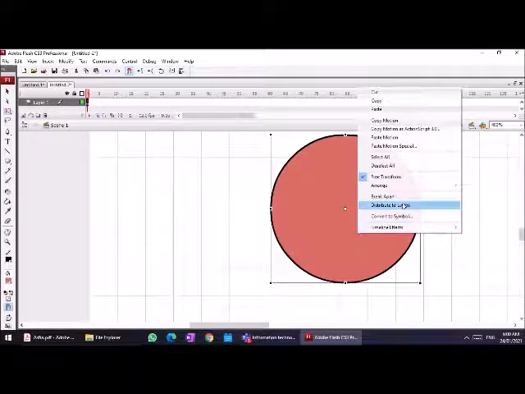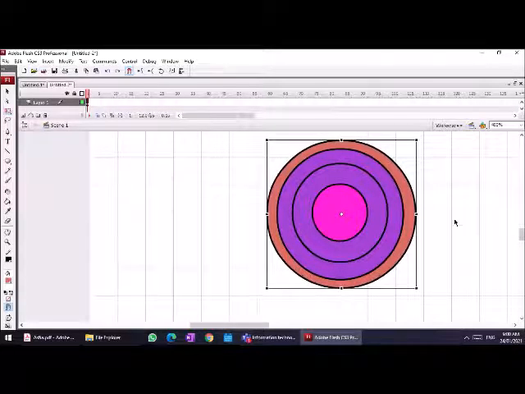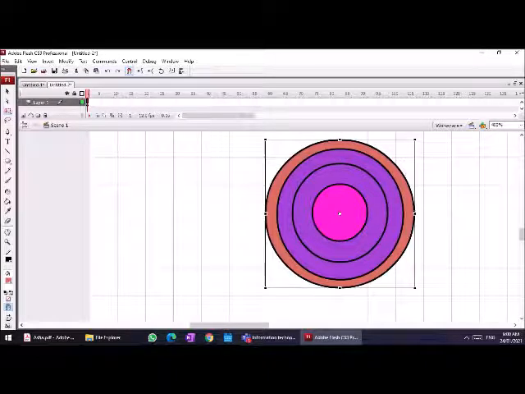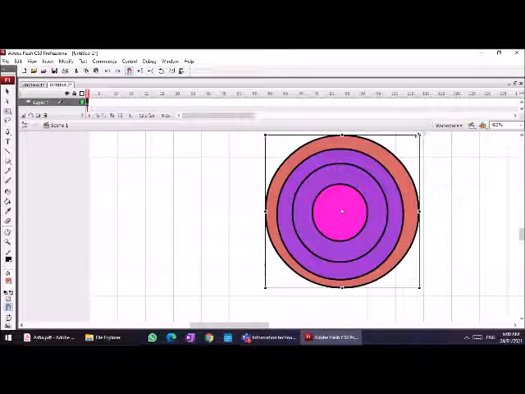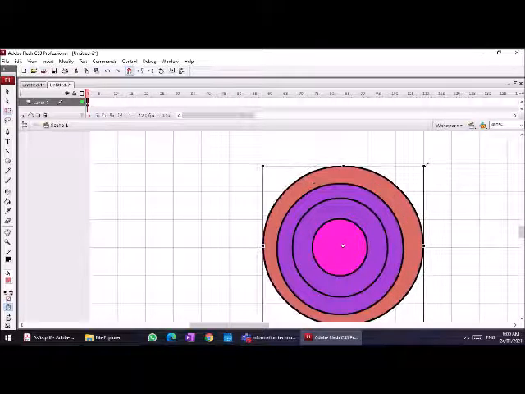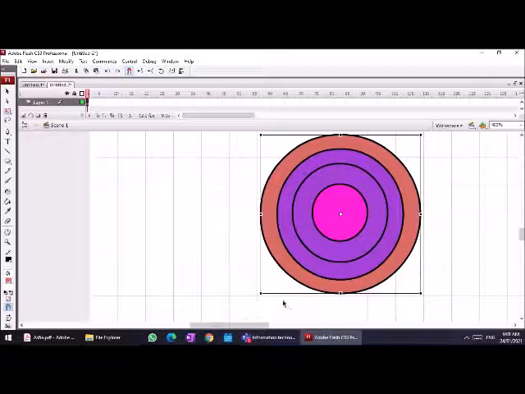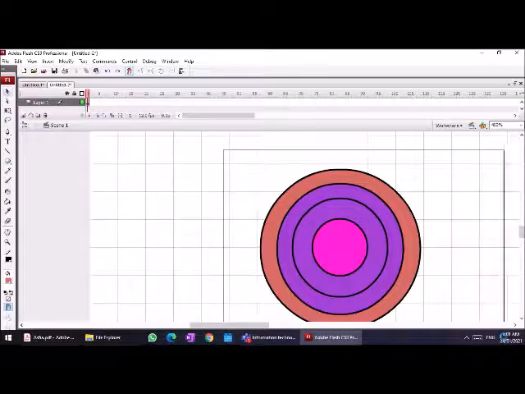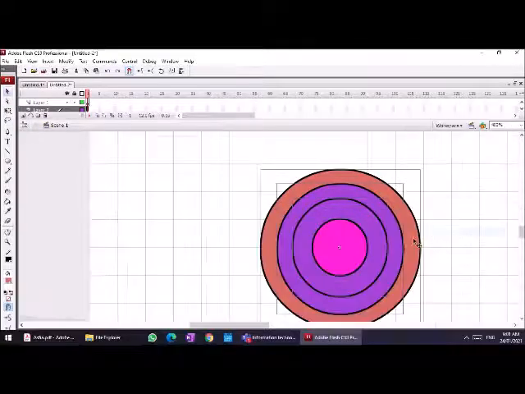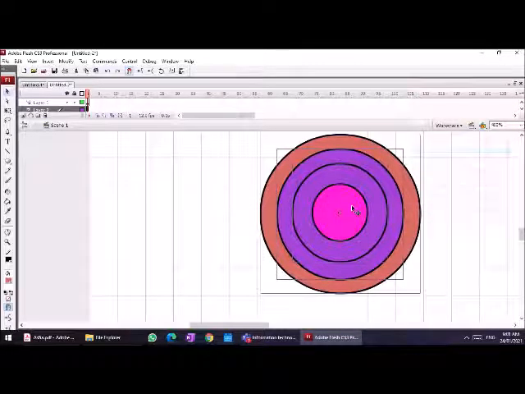Make sure to keep pressing the shift key. Now, as you know, we cannot cut it in half if this is an object drawing.